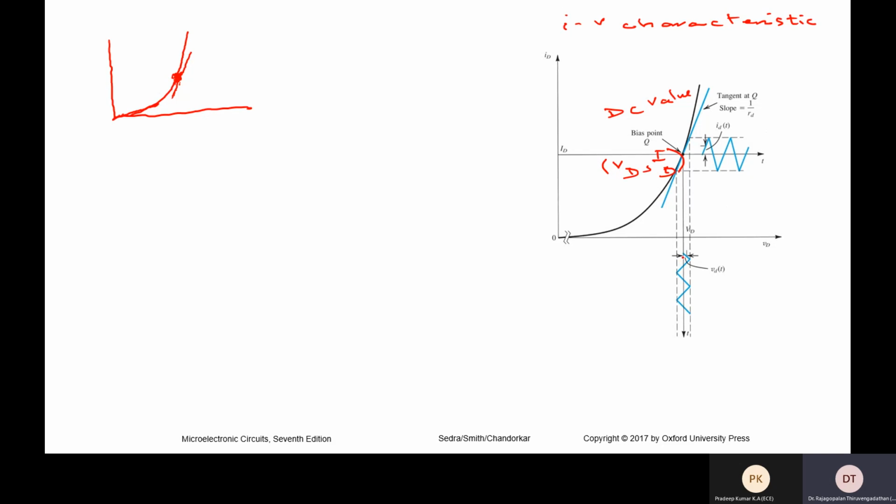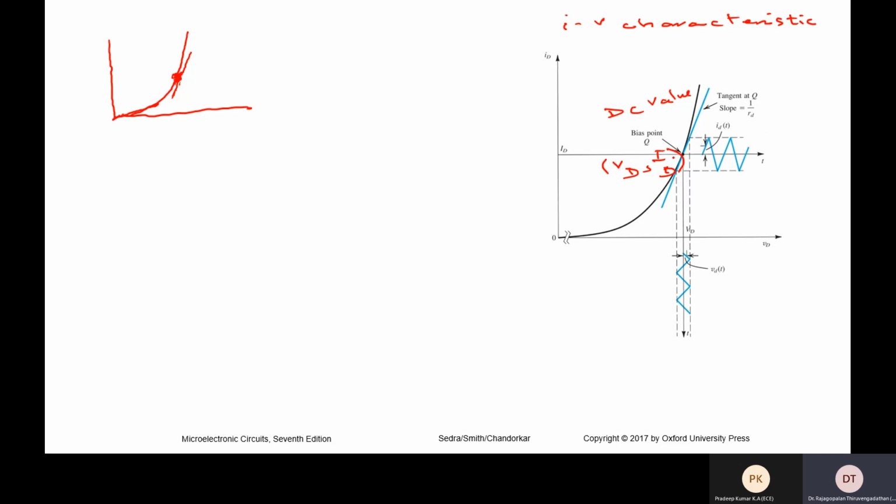So normally what you do in the lab is you take a constant DC source, and you use a function generator or a CRO to get an input small signal and superimpose it. Superimpose means just add the two. One is a DC signal which is constant. Add to that, superimpose the triangle form. Once you do that, you will get that kind of figure. But the variation is happening only with respect to the small signal. We don't have to worry about the DC value.